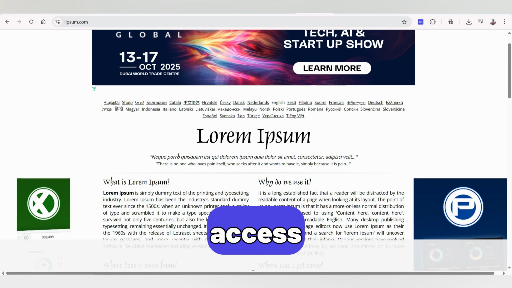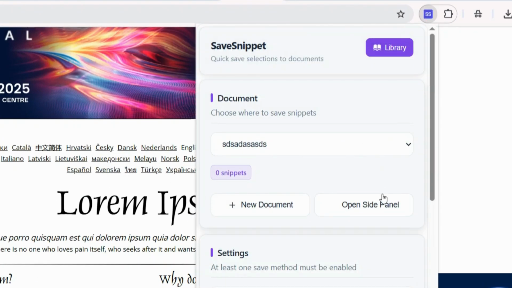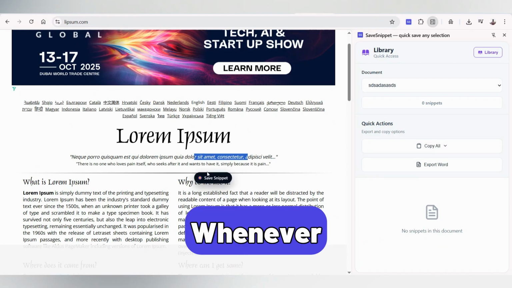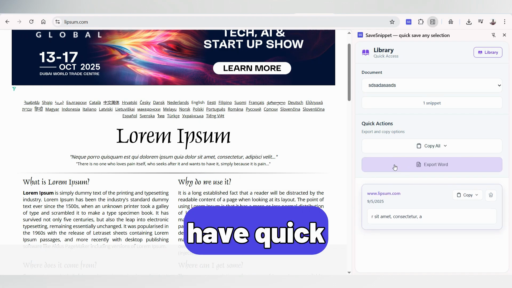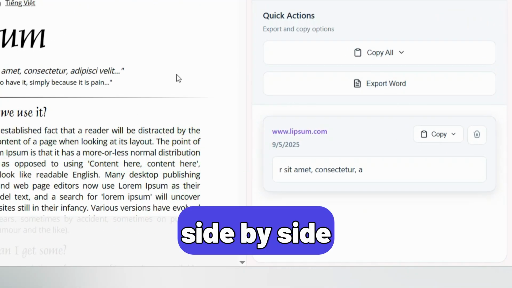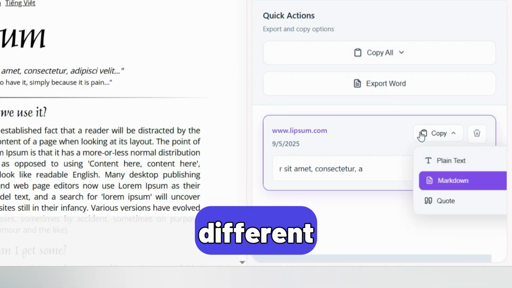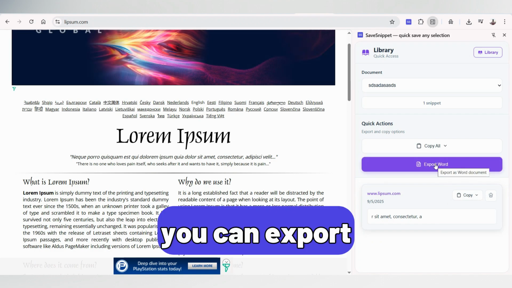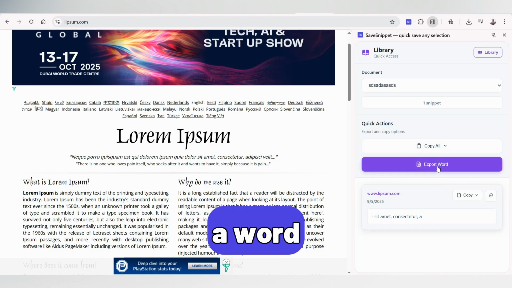Want to have quick access to your snippets? Just click on the extension and open the sidebar panel. Whenever you save a snippet, you will have a quick view of those snippets side by side. From there, you can copy in different formats, or you can export the entire document into a Word format with just